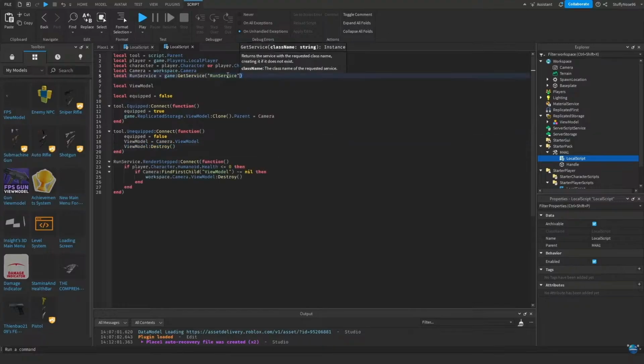This next part of the script, I'm going to get the run service, which is funny to say, from Roblox, which basically checks while the game is running. And when it's running, for every frame tick, I don't know how this